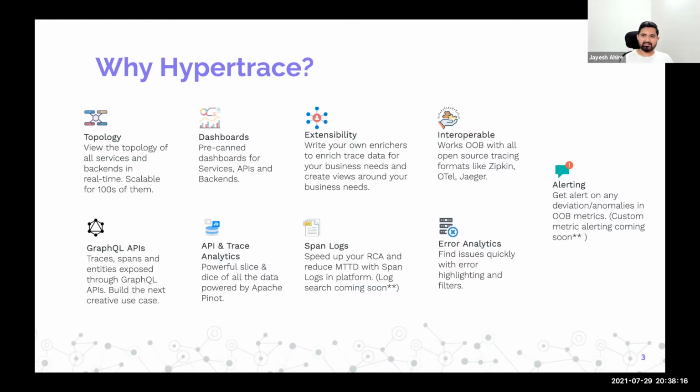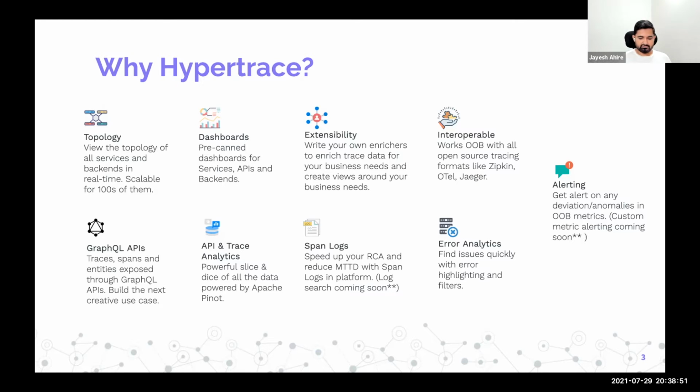The new, exciting feature this month is that we have introduced alerting, and it's available now. The release will happen in a couple of days, but everything has been merged and it's available generally. In the first iteration, you can alert on any out of the box metrics available, like call rate, error rate, and latency. It automatically identifies an anomaly and sends the alert on Slack. But we will discuss what is coming up in the next phases when we discuss the roadmap.